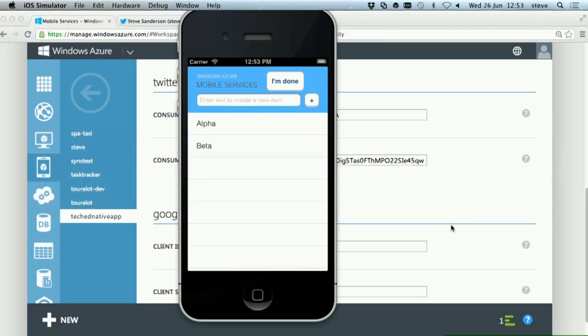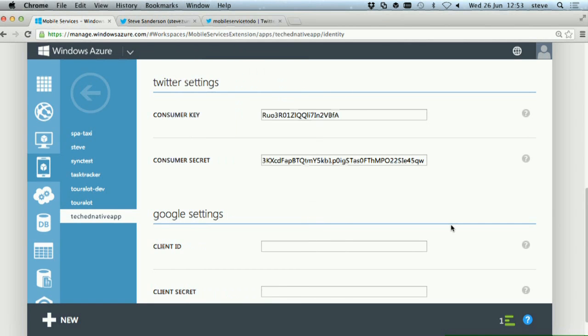But the app still doesn't have any login user interface. So how can we add a login screen onto this? Well, one way to do it would be to crack open Storyboard and start adding login buttons and text boxes and things like that. And that would be kind of boring, but you could do it. Another way that you can do it is that you can use the login user interface that's built in to the mobile services SDK that we provide. So you can do it in relatively few lines of code. So let's have a go at doing that.